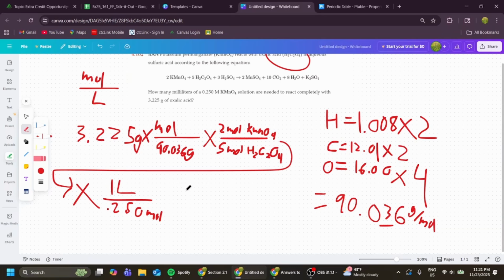Now since we have the liters, we would want to multiply by milliliters. So we know that for every 1 liter there are 1,000 milliliters. Now multiplying this all out,